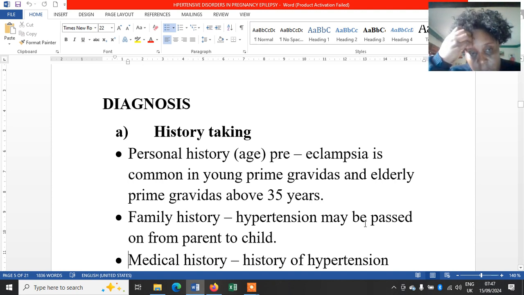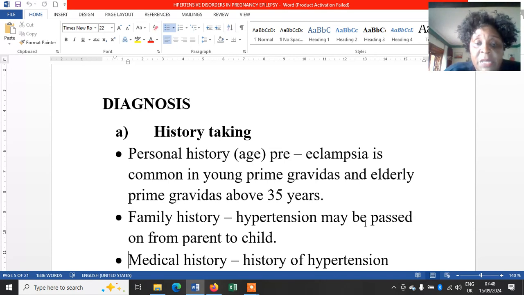So, what may be the steps of diagnosis of hypertensive disorders in pregnancy? Always the first step is history taking. And on history taking, usually we do it on antenatal or the first antenatal visit. So the personal history, especially the age, we are saying that pre-eclampsia is very common in young primigravidas and